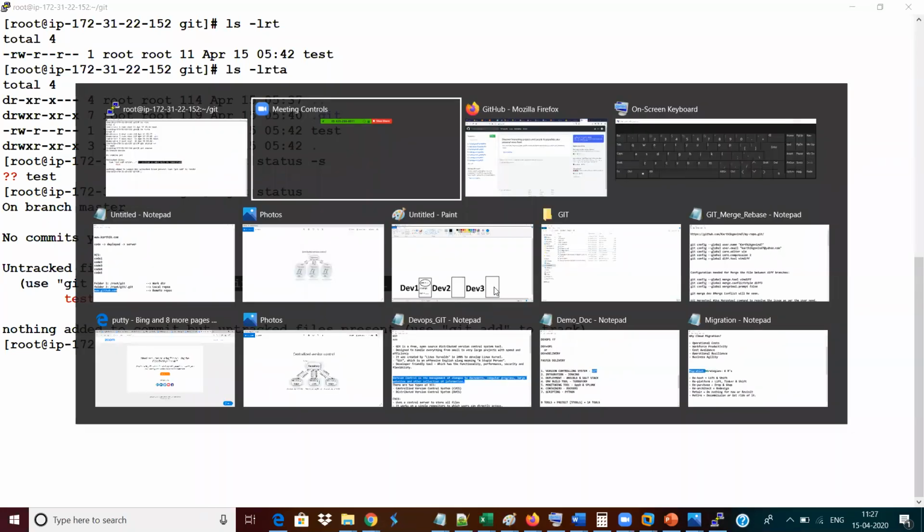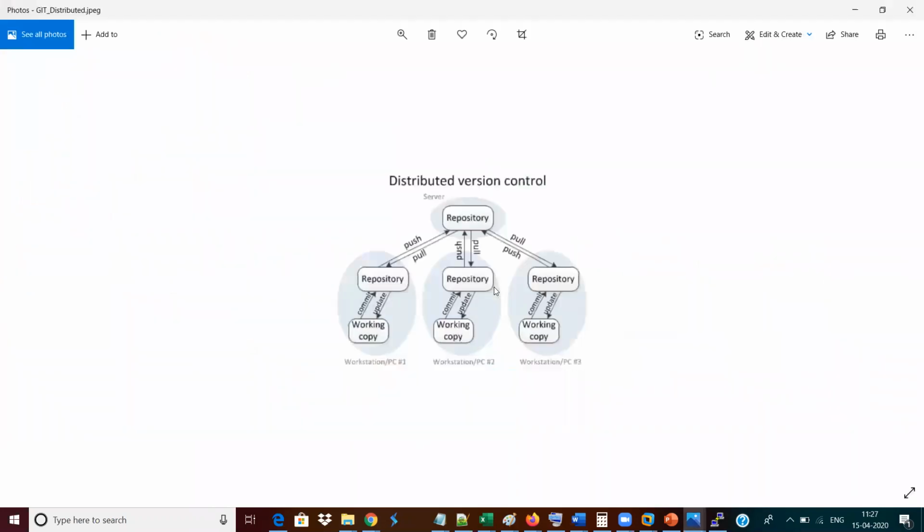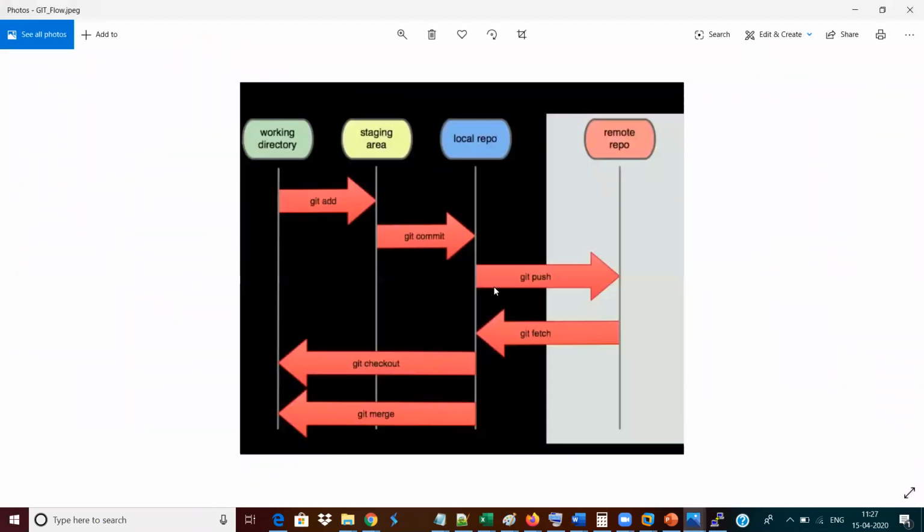Go to the picture which I have given you earlier, the distributed version control system, right? I have another picture to show you, which is nothing but the format in which Git works. I think these names are all very familiar to you. Working directory, you know very well. Local repository, you know very well. Remote repository, you know very well. Already I have given the definitions. The only newer item is the staging area.